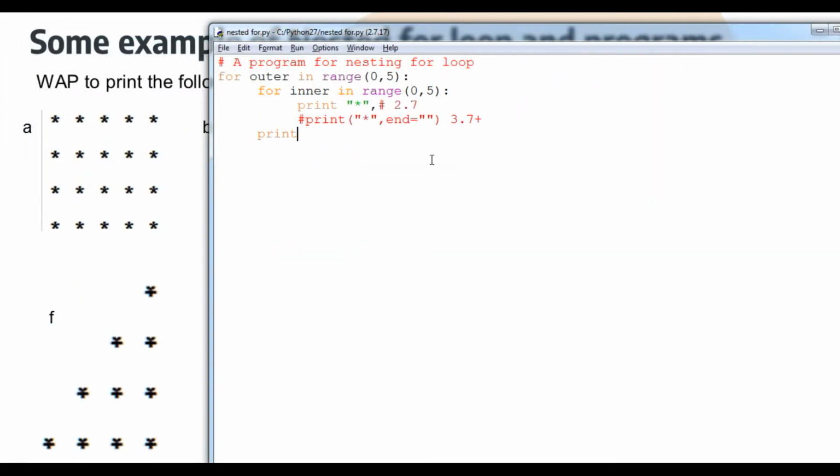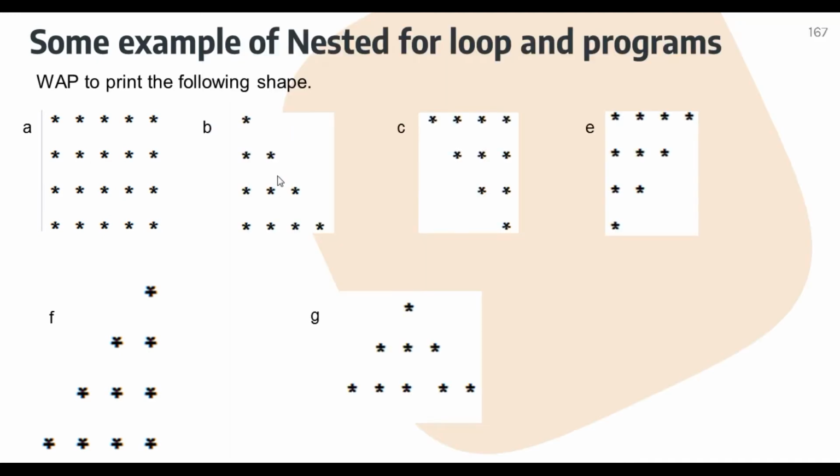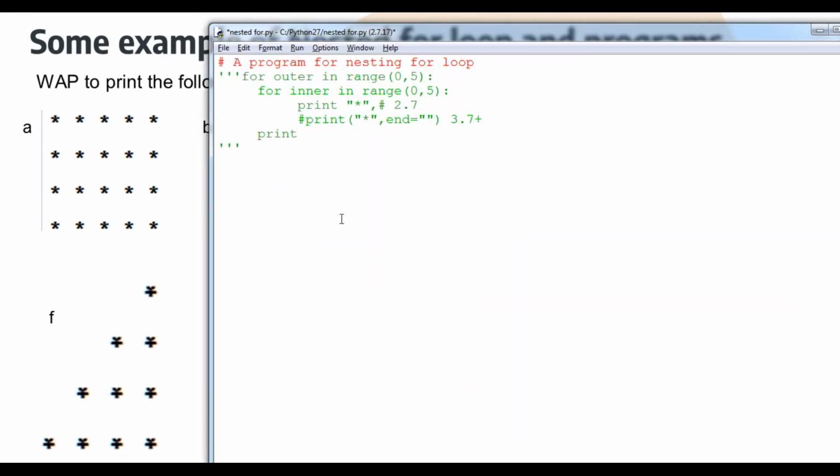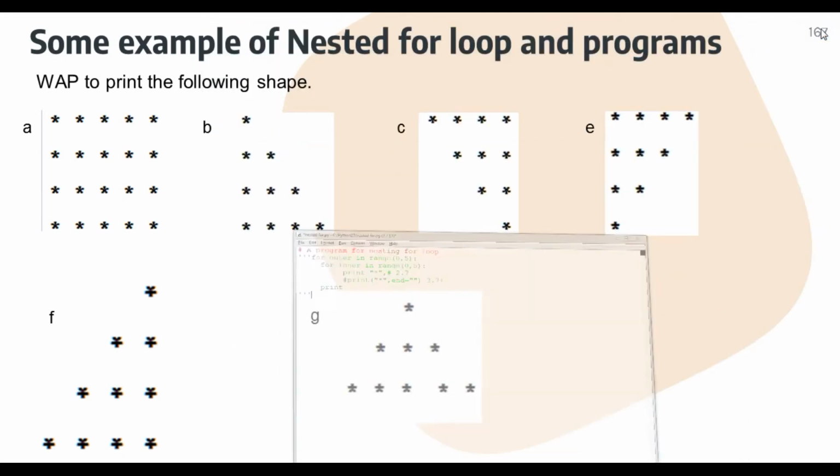Now I'm going to show you another program. Okay, I will do one thing, I will comment it, because triple quote will help me to make a multiple line comment. Now I'm going to talk about this particular thing, triangle, that is another triangle. Number of triangles are there, so we will talk about this triangle. So here we will first of all check how many stars are there, 1 2 3 4.